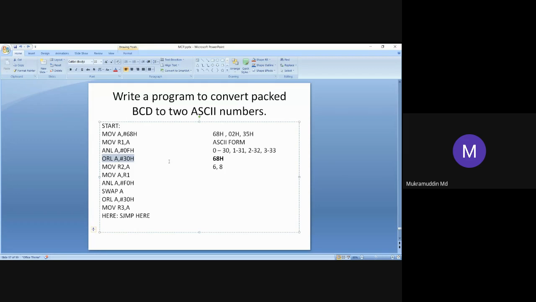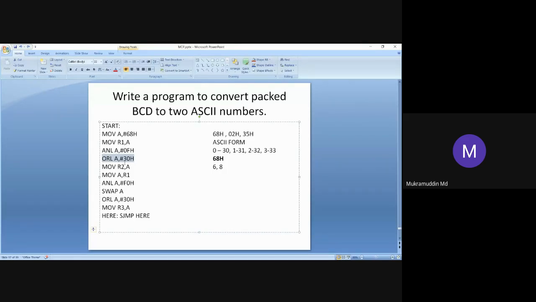If we apply OR logic between any two numbers, those two numbers get added. To that 8 we are adding 30H, because the ASCII value of 8 is 38. In order to get the ASCII value, we need to add 30 to the number 8.